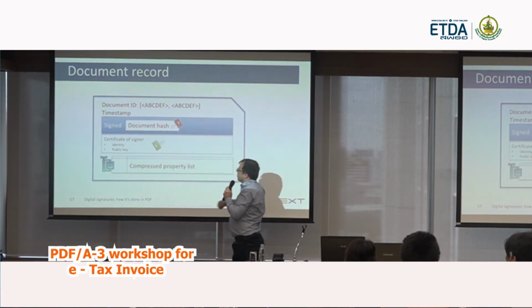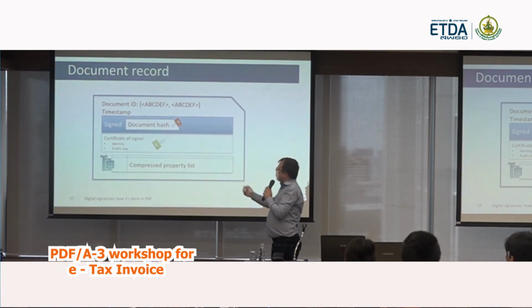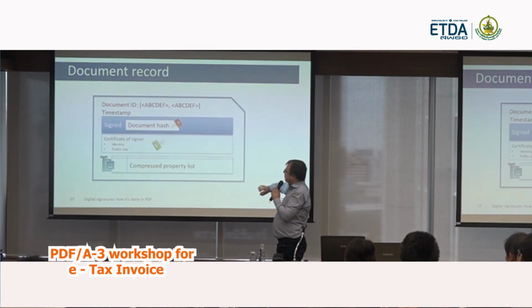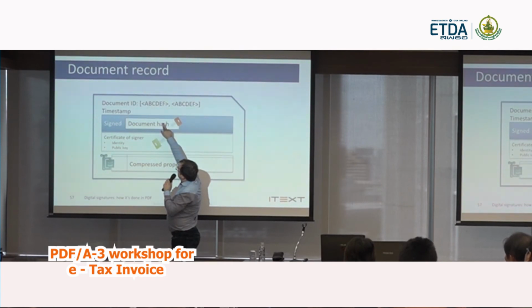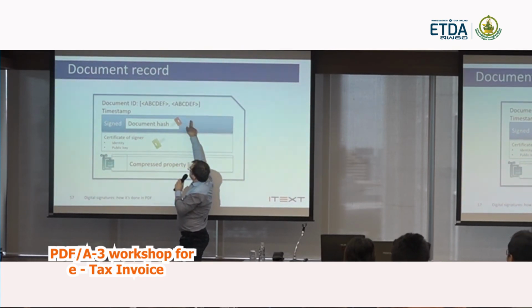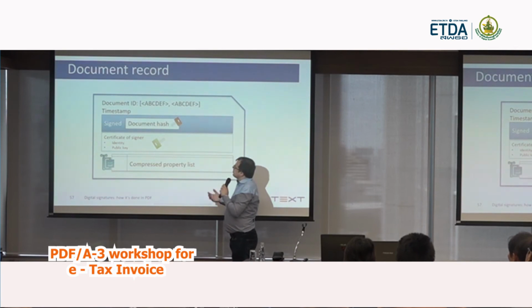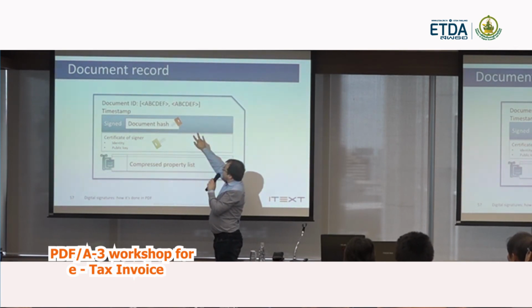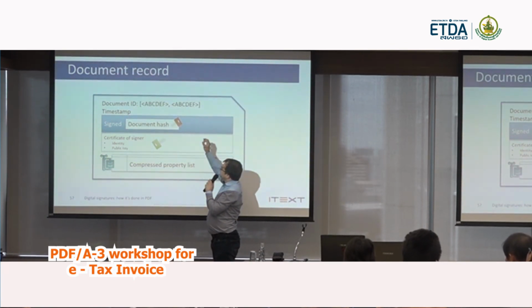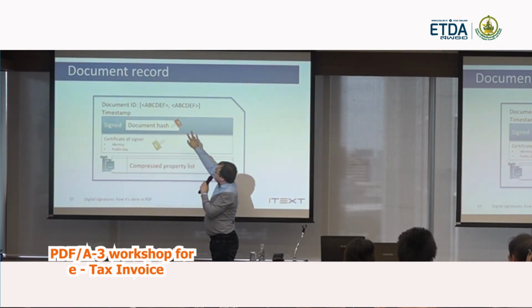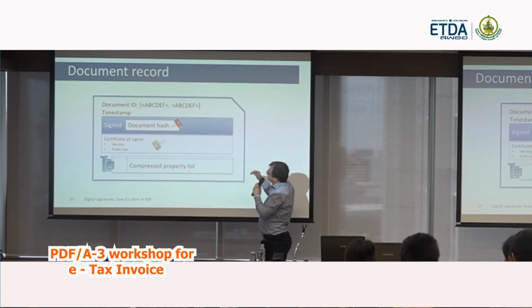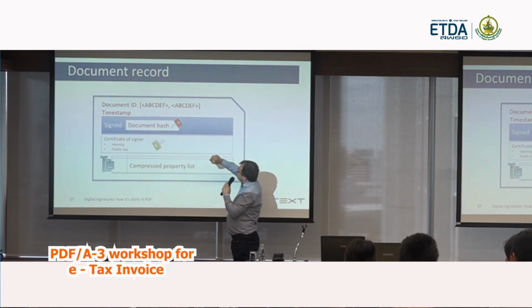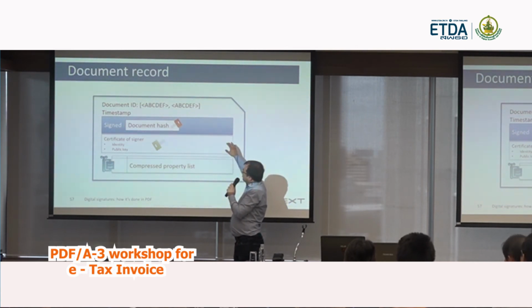When the document is altered, like you have a form and it's filled out, or you have a PDF and you add a watermark, the first part of the document ID needs to remain identical, but the second part needs to be changed. So when you see a document with an ID that consists of two equal parts, it's the original document. When you see a document where the ID has two different parts, that's a document that was changed somewhere in the workflow. So we store the document ID in a record, in a blockchain record,